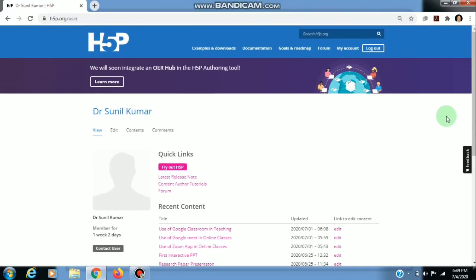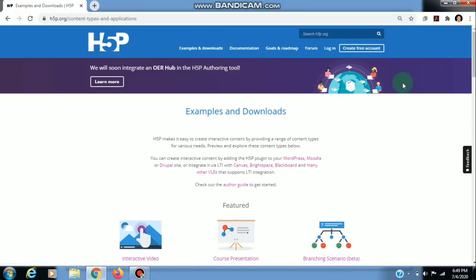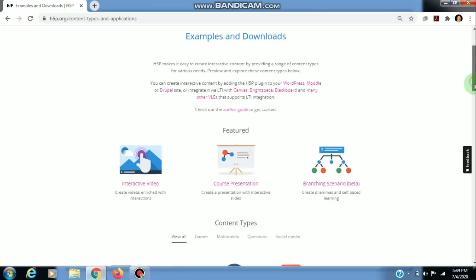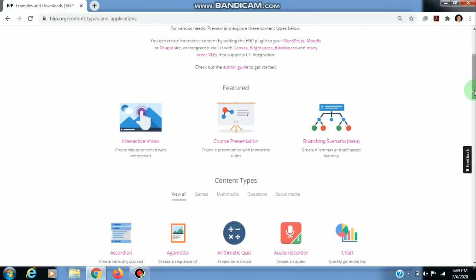Now before starting, we see some examples of H5P. For example, we can create an interactive video using the H5P tool. Interactive videos are those in which we can add some questions or some text, whatever we want to add. We can add objective questions, true false questions, whichever type of question we choose.